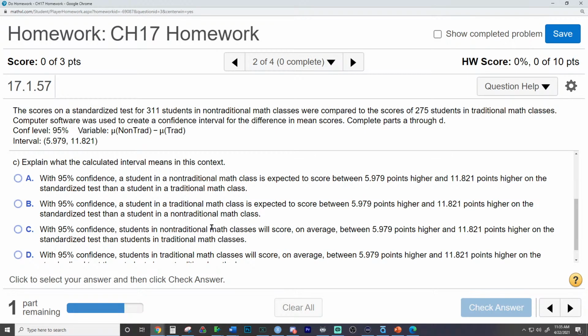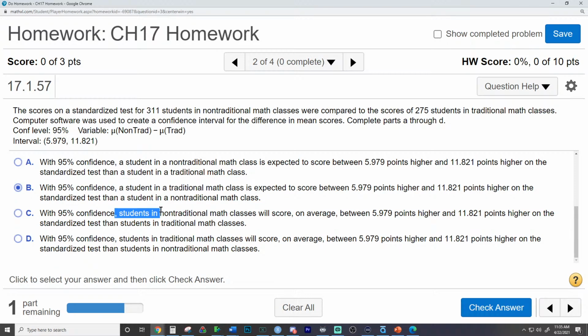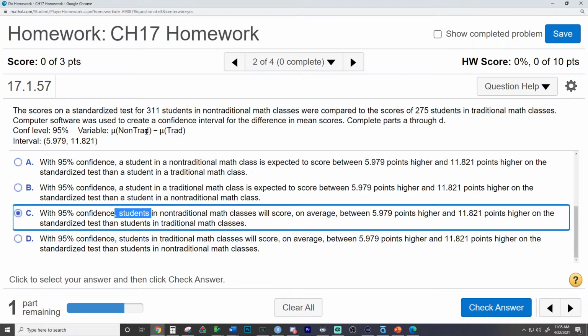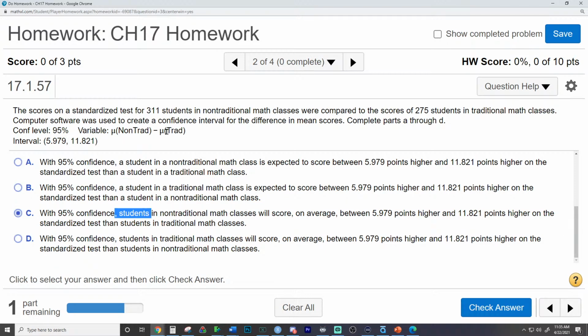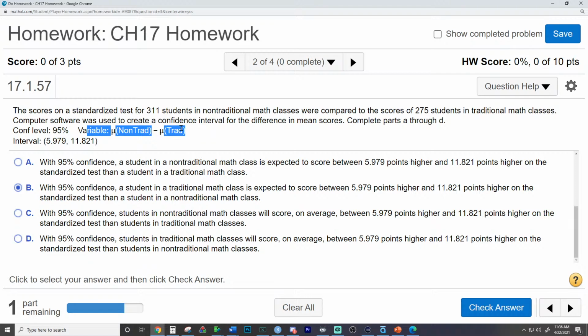You have to be careful because we're not talking about a student. We're talking about students. So the key right here is we're talking about the mean, and the mean is for students, not a student. A student would be an individual, where this is the difference between all students with non-traditional and traditional. Now, if you notice right here, the interval is positive, and if the interval is positive,